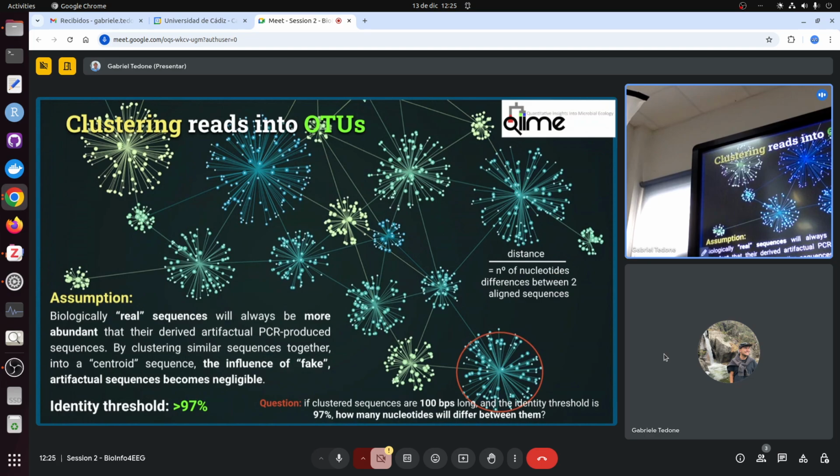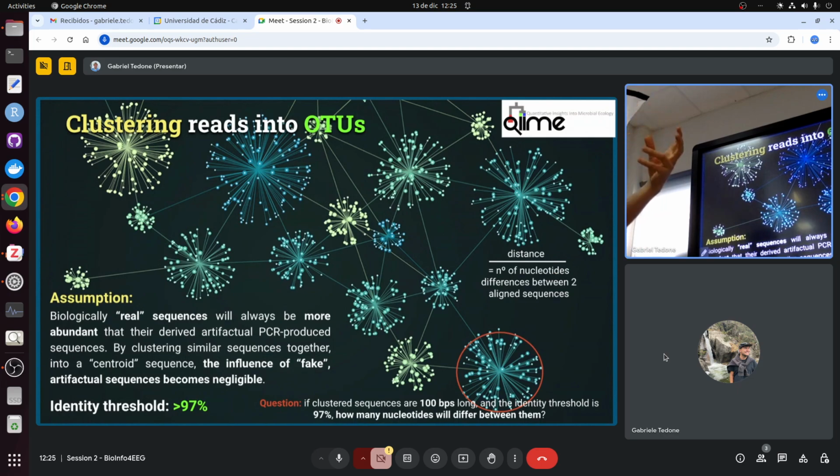Okay, so when this first problem appeared, when the first metabarcoding data sets were played, we, like researchers, had this question in mind. Okay, how do we tell, imagine these are sequences, and these ones, for example, are very similar, and you say, okay, how is this sequence real? How do I know that this sequence is real or a PCR product? They said, we're gonna cluster them together because we know that the biologically real sequences will always be more abundant than its derived